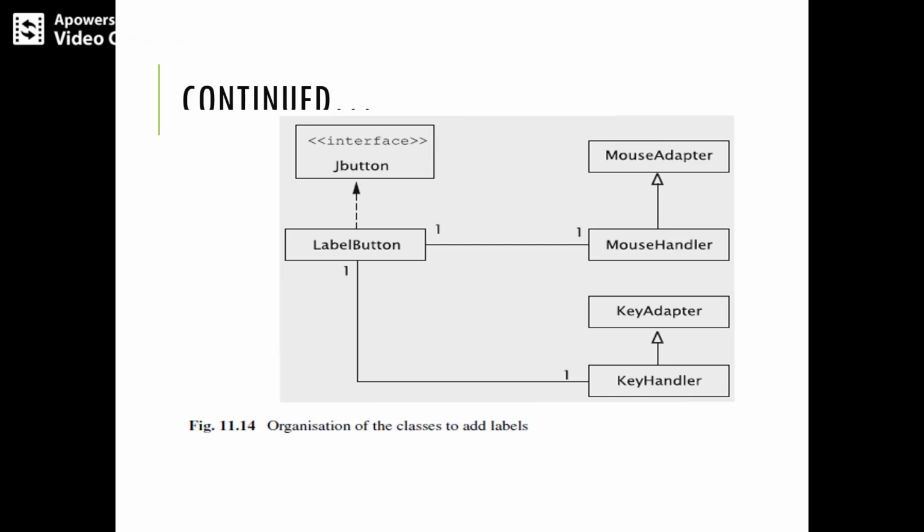Another is the drawing panel, which ensures that there is at most one listener listening to the mouse click, keystroke, etc. This is accomplished by overriding methods such as add mouse listener and add key listener. Next, we have accepting input with the organization of the class, that is, add class labels. Next we are going to discuss the complete implementation.